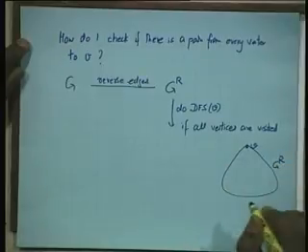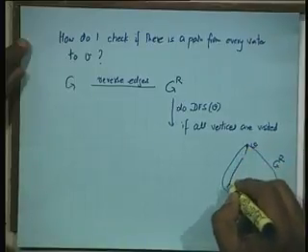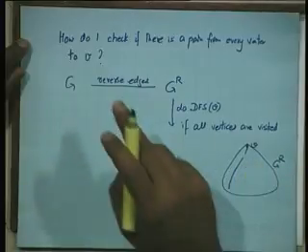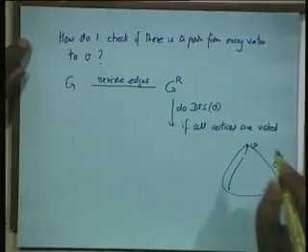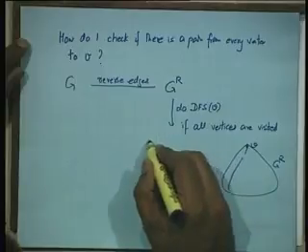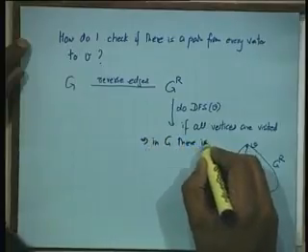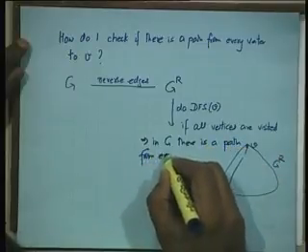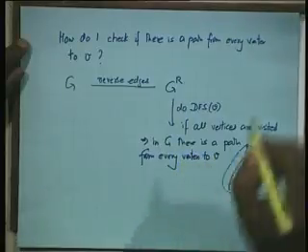ये हमारा ग्राफ G सुप R है. सारे vertices visit हो गए. तो इसका मतलब क्या हुआ? हर एक वर्टेक्स के लिए पाथ है इसमें. तो इसका मतलब ओरिजिनल ग्राफ में हर एक वर्टेक्स से यहां तक पाथ है. If all vertices are visited, then this implies in G there is a path from every vertex to V. Yes or no?